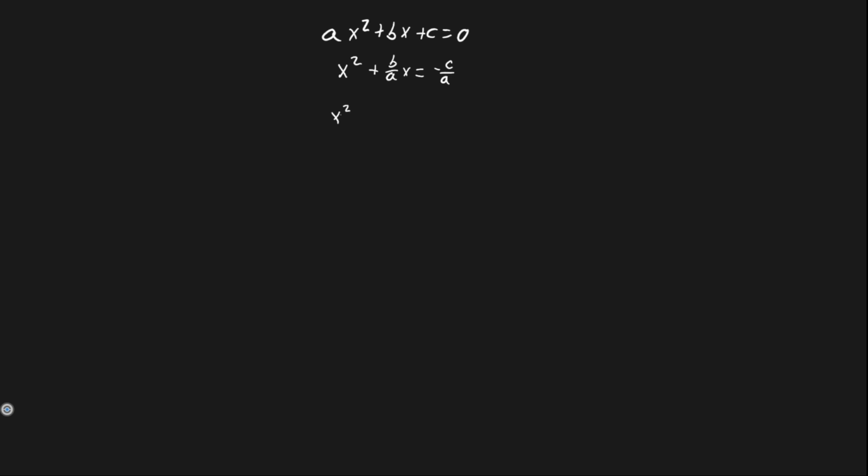So we have x squared plus b over a x plus b over 2a all squared is equal to negative c over a plus b over 2a squared, which basically makes the left-hand side a perfect square: x plus b over 2a squared is equal to negative c over a plus b squared over 4a